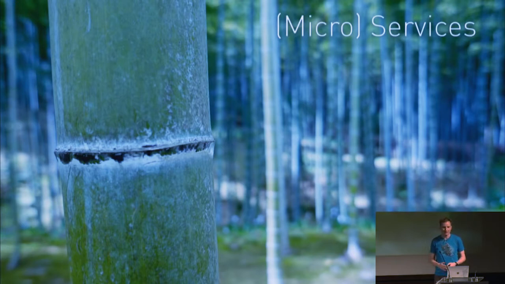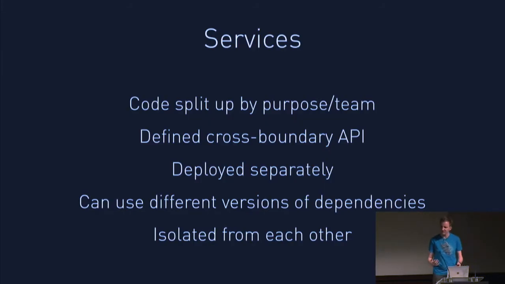Now, the main difference between the two terms is that one is very small services, hence the micro, but the principles are very similar. The idea is you take your big monolith and you divide it up into separate code bases that run entirely separately. So, for example, you might have our user registration service, which is a different code base, a different set of servers, a different database to, say, our order placement service. And that's the basics of how you do it.